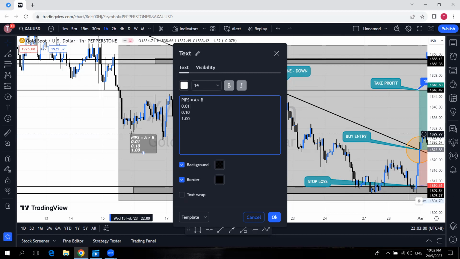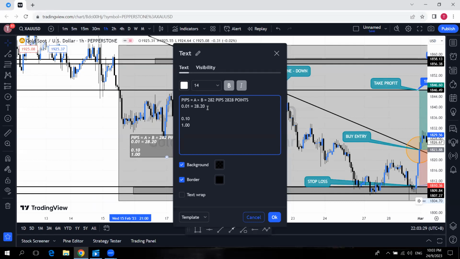Just now we saw that it was 282 pips, right? So here I'm going to put 282 pips or 2828 points. If I'm using 1 cent to do the trade from point A to point B, I will get